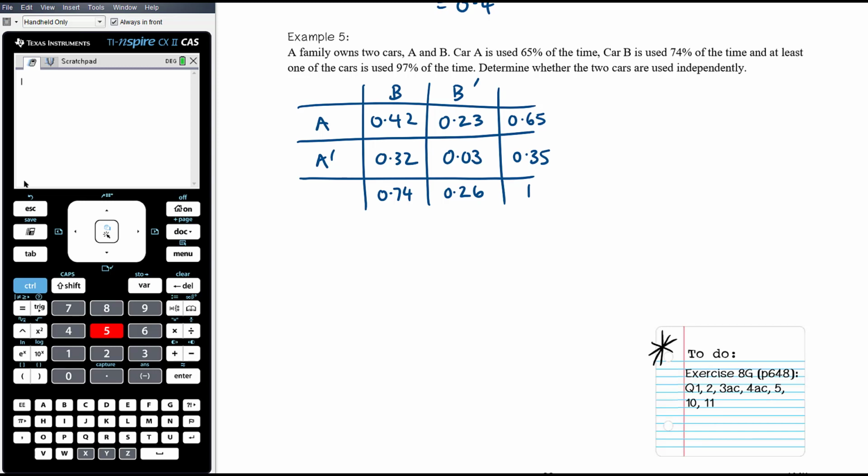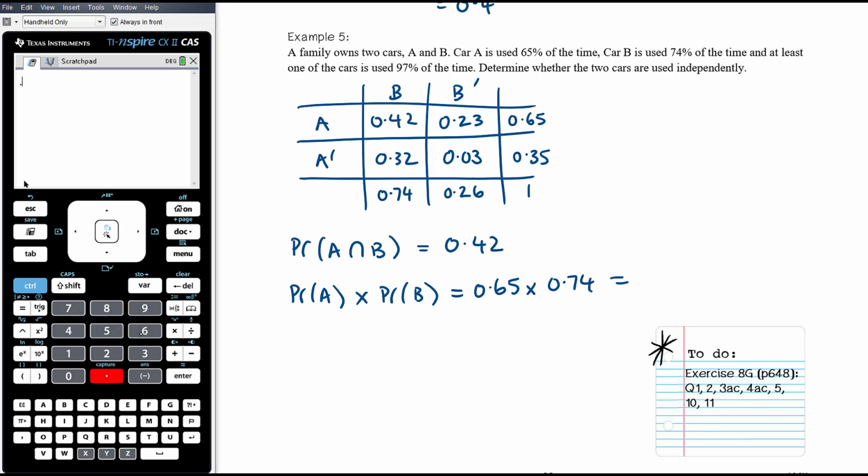Okay, again, let's think about the probability of car A and B being used is 0.42. You've got that straight in the table. The probability of A being used times the probability of B being used is 0.65 times 0.74. Let me calculate that. Which is 0.481. And so therefore, since the probability of A and B is not equal to the probability of A times the probability of B,